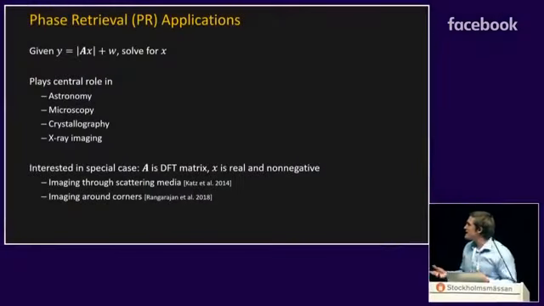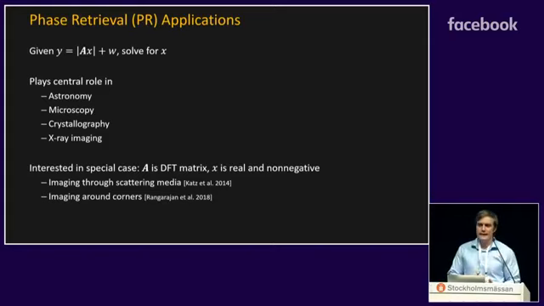To set some context, we're interested in the following problem, where we have a vectorized signal we'd like to reconstruct, and we're given measurements y of the form y equals the absolute value of a measurement matrix A times x, plus noise. This problem shows up in numerous applications, including astronomy, microscopy, crystallography, and more. And we're interested in a special case of phase retrieval where A is a DFT matrix